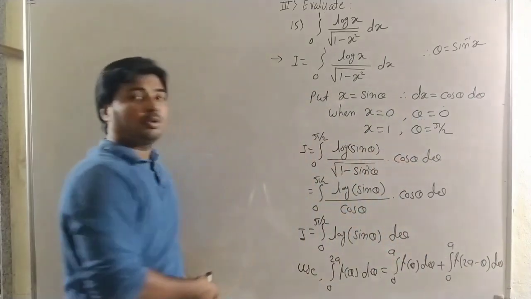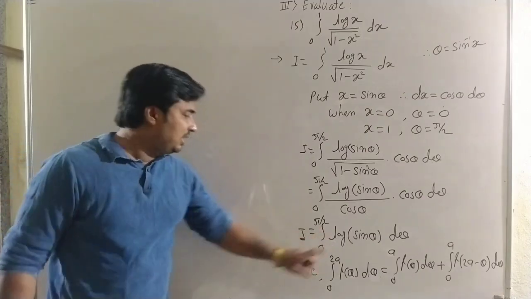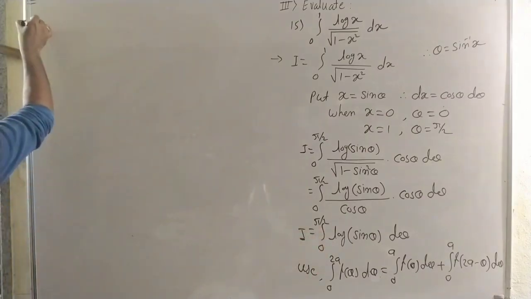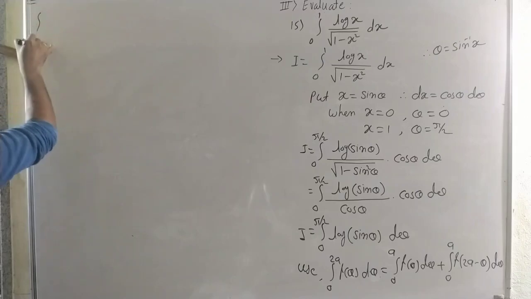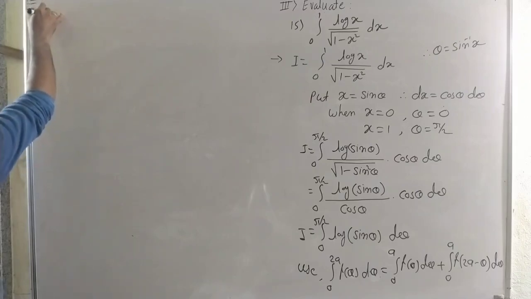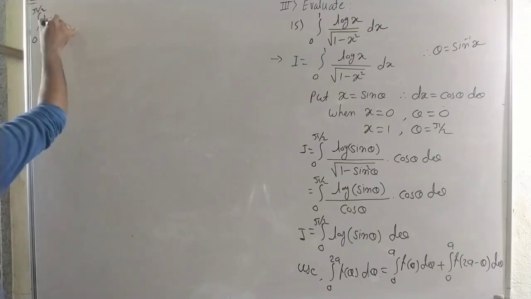Here it is the property 0 to 2a, and therefore this integral we can write in the form, therefore integral 0 to pi by 2 log of sin theta